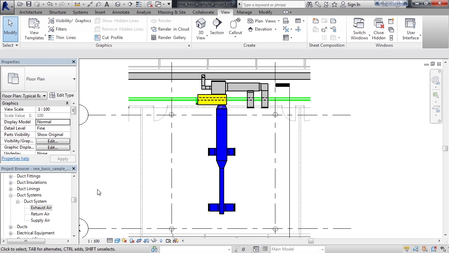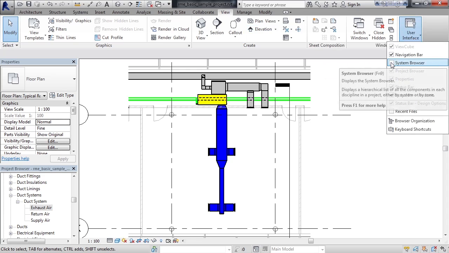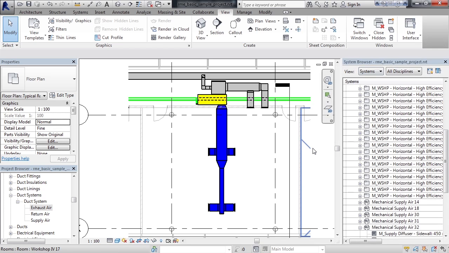browser. To do that, let's first turn on our system browser. So go to the View tab on your ribbon, go all the way to the right to the User Interface dropdown, and checkmark System Browser. This will open the system browser on the right, showing me all of the systems that I currently have within